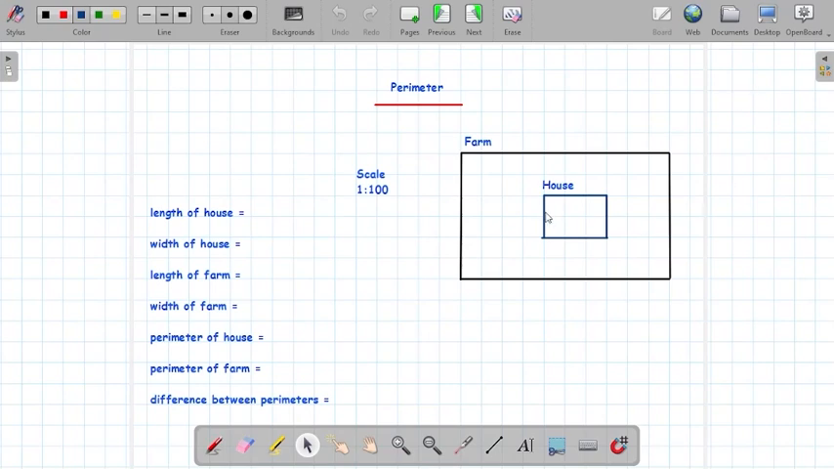So in this example, as you can see, we have a drawing of a farm. This represents a farm, and inside of that farm, this represents the shape of the house. When I want to calculate the length, the width, or the perimeter of the house or the farm, just remember that when I talk about length, I refer to